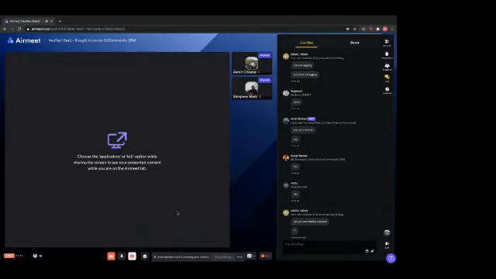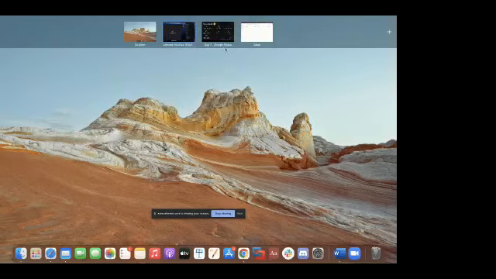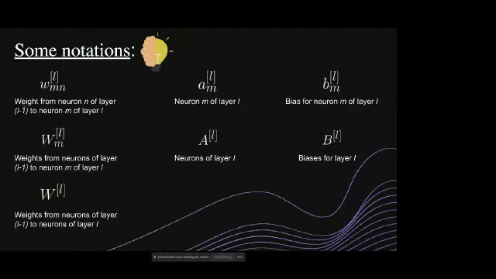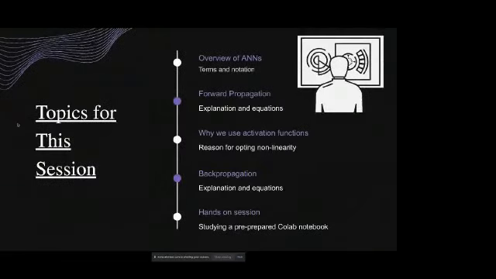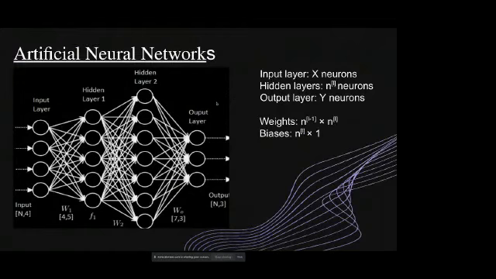I think I had some problem with my net, so I'll be going through the whole process again. Don't worry. I was talking about the topics for this session. I guess I've covered all this. For those of you who didn't attend yesterday's session, I gave some analogy related to neural networks yesterday, so I wanted to recap this analogy for you guys.